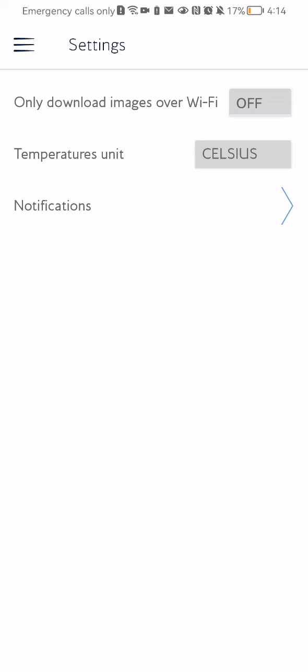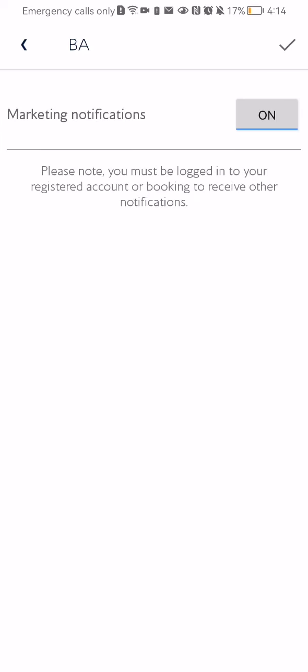And here you should select the third option, which is notifications. And you can see here that the only type of notifications in this app are the marketing notifications. And if you want to deactivate them, you can just press on and you can see that it will be turned off. And if you want to activate it again, you can just press on off, sorry, and it will